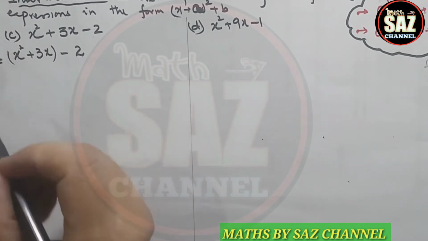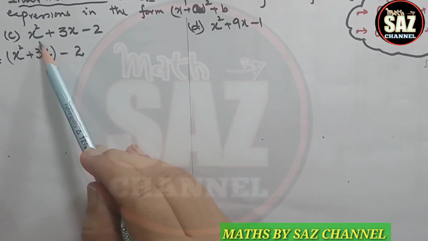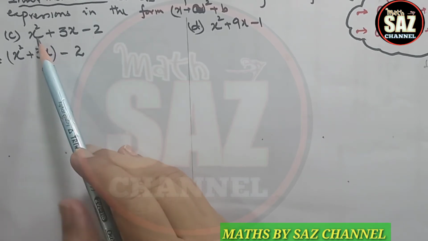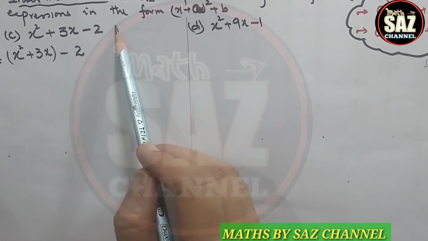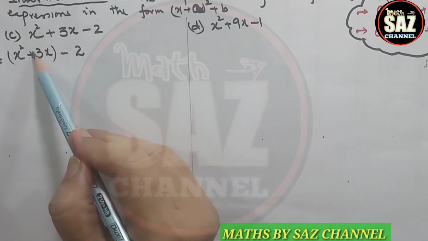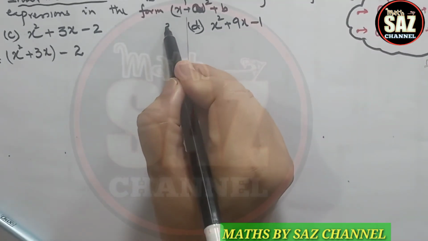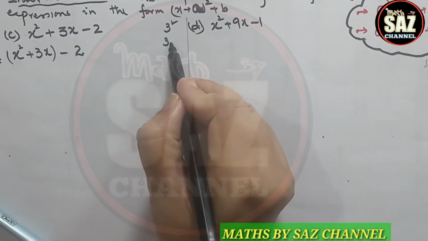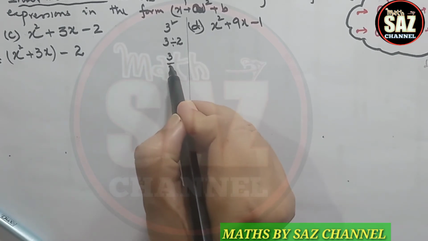Now what we have to do, if we recall the method of completing square, that says that first step is that we have to observe that the given quadratic expression must be in standard form with the coefficient of the square term positive 1. Given expression is in standard form with the coefficient of square term positive 1. After that, we have to focus on the coefficient of x, that is 3, and we have to make it half, means that we have to divide that by 2, and when I am dividing that coefficient by 2, my answer comes 3 by 2.